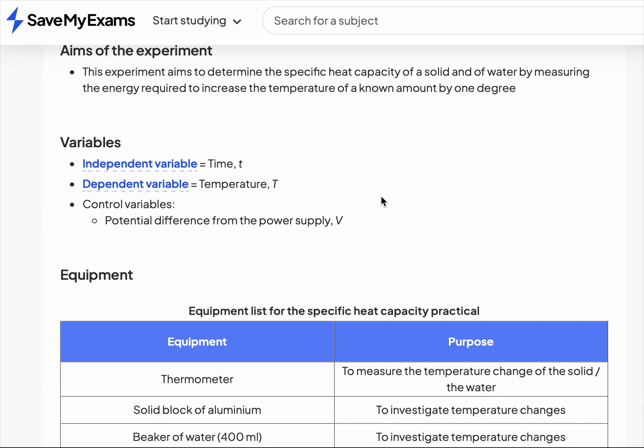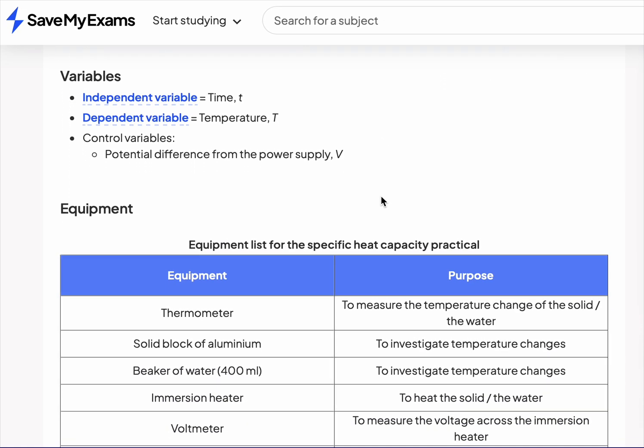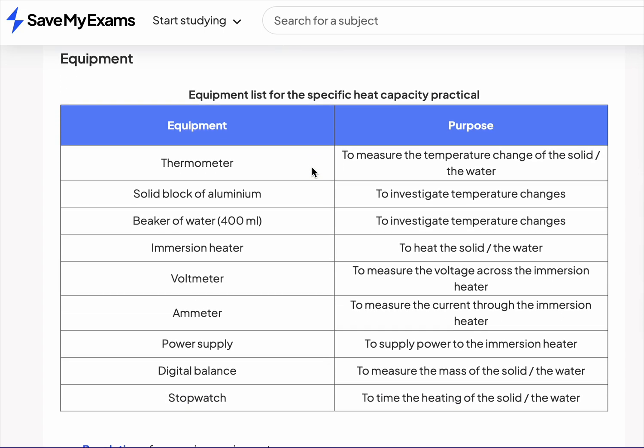Okay, so basically we put a heater on and we measure how long the heater is on for. So that's your independent variable, the time that the heater is on for. And the temperature will increase as you energize the solid. So we have to have a power supply. Normally we would keep the voltage constant for the power supply. Okay, the other equipment you would need would be a thermometer to measure the temperature change of the solid or